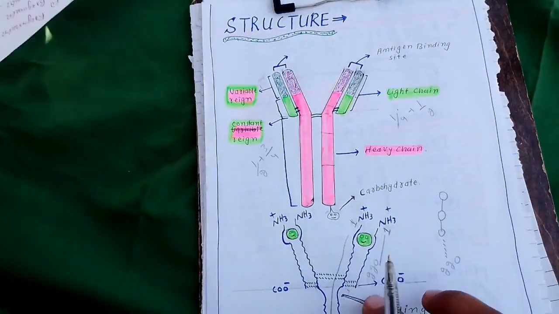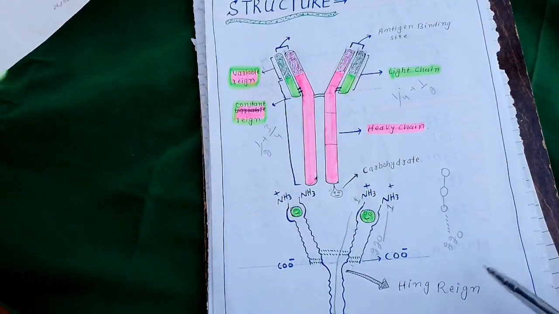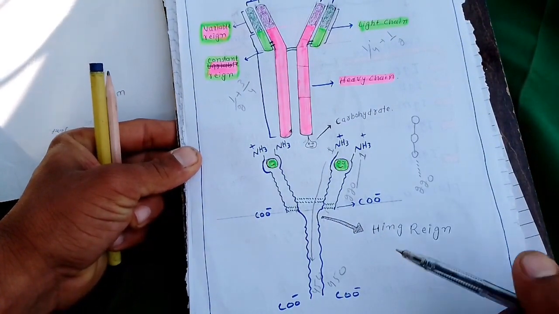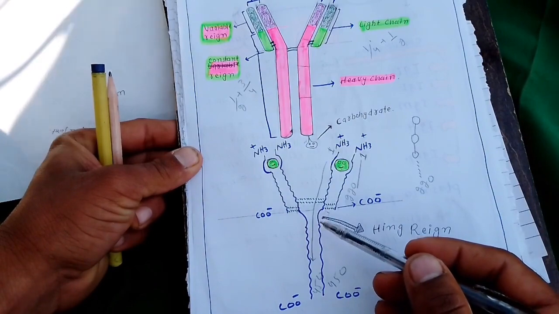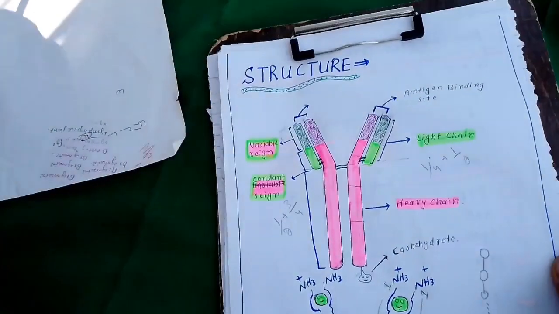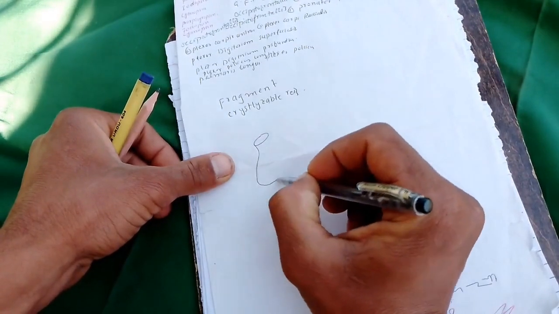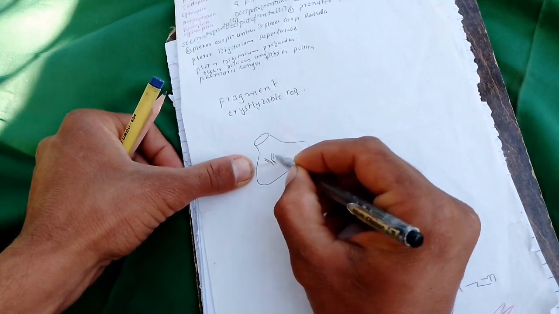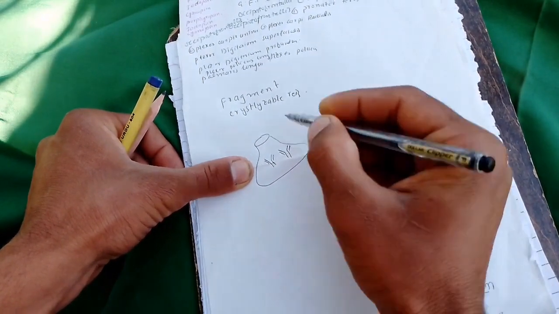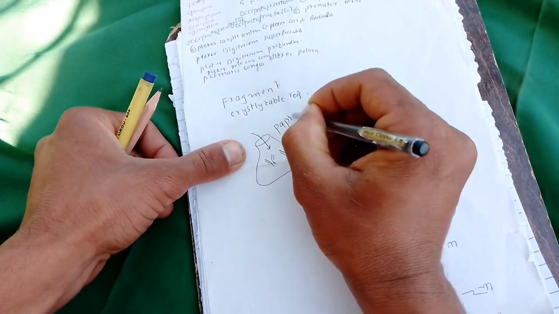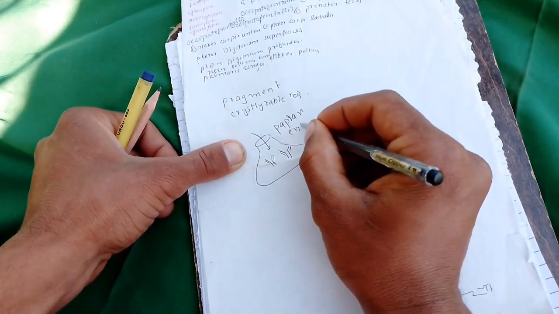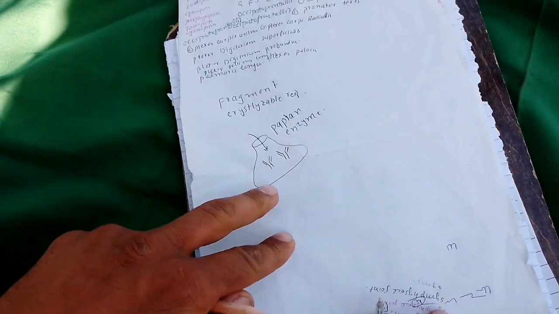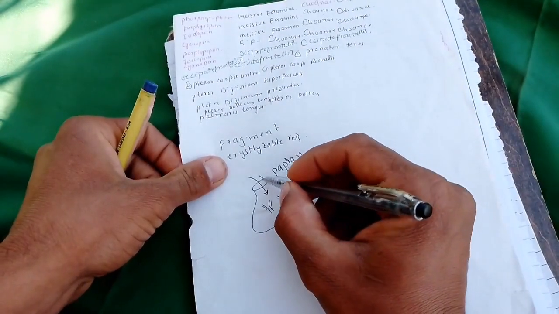Because the antibody has a specific region called the hinge region. What is the hinge region? At the hinge region, the antibody is broken down by the addition of a peptide enzyme, papain. Suppose this is a container which has antibody. When we add the peptide enzyme to this container which consists of the antibody, and also add antigen,